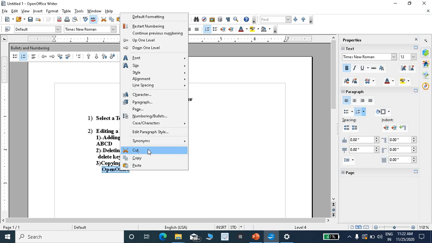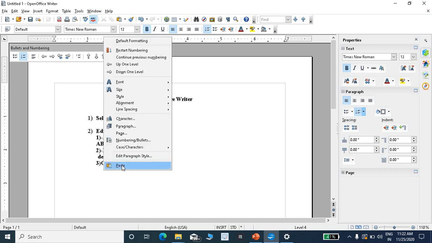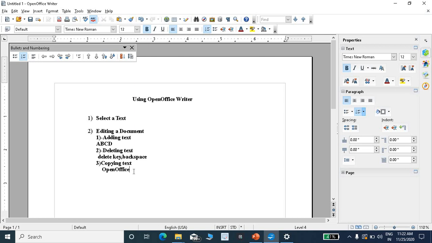Just click on cut. See, the text is cut. But the cut option makes the copy while deleting the particular text. Then use the paste option. So it will make the copy of the particular text.